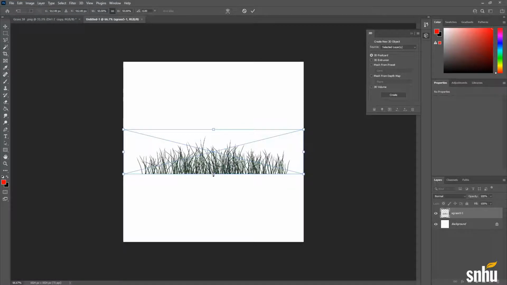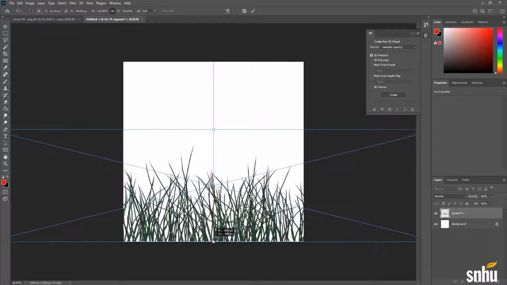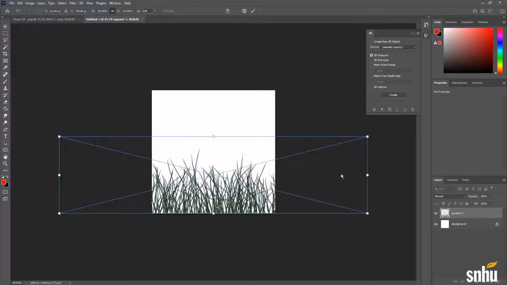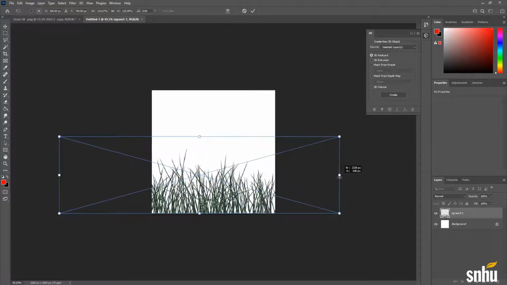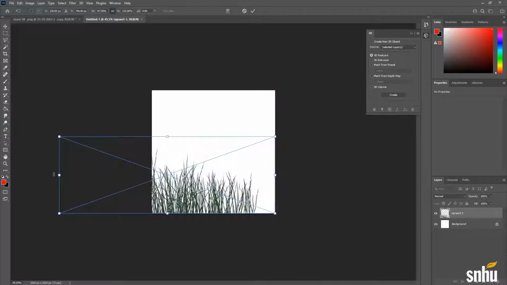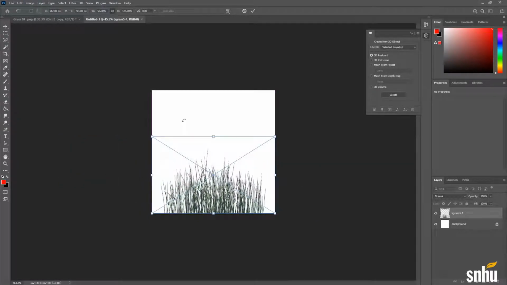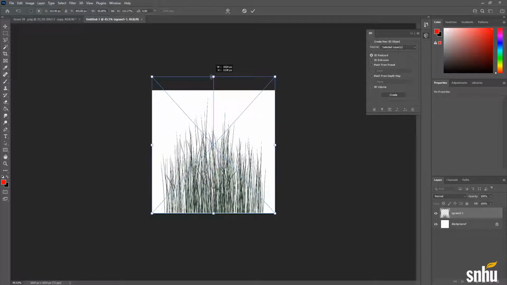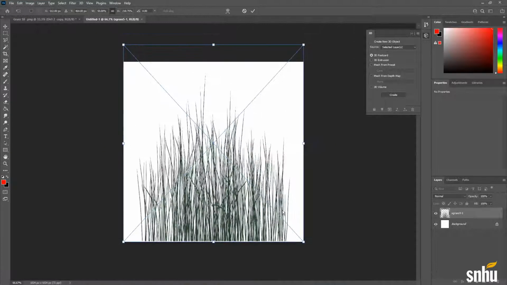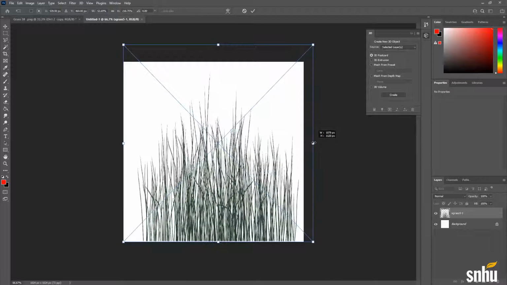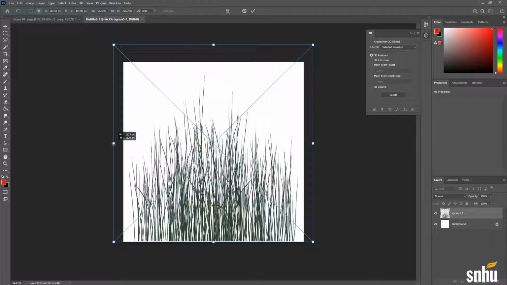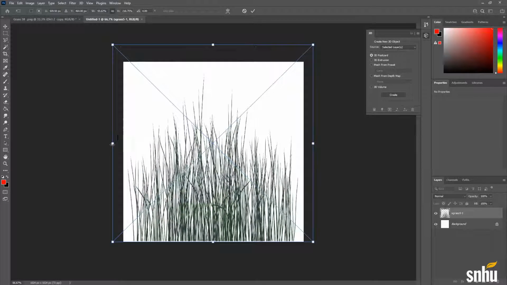So what we want to do is make sure that there's nothing touching the edges on our object here. We want to manipulate this grass so there's nothing touching these edges on the outside or the top, but we can certainly adjust to get the full advantage of our object.